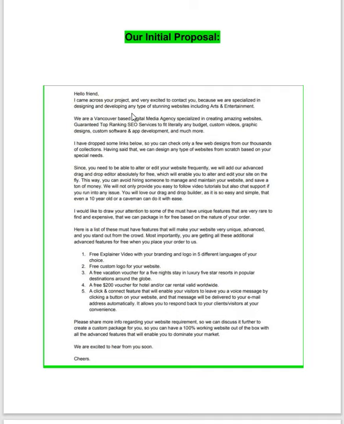We can create any type of website, but I'm also pointing to arts and entertainment, so they know, yes, I can do any type of website, and I'm not ignoring art and entertainment. So you have to point out that. Then I mentioned we are a Vancouver-based digital agency with many happy clients and years of experience.